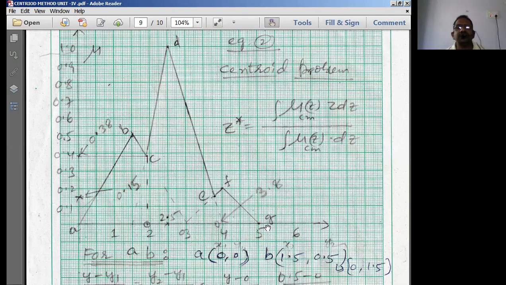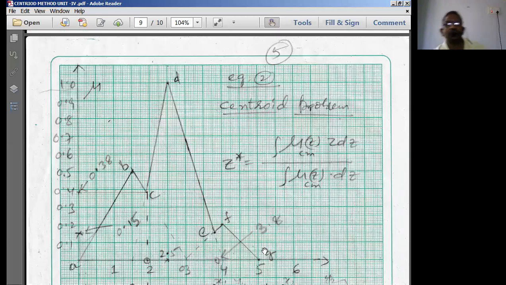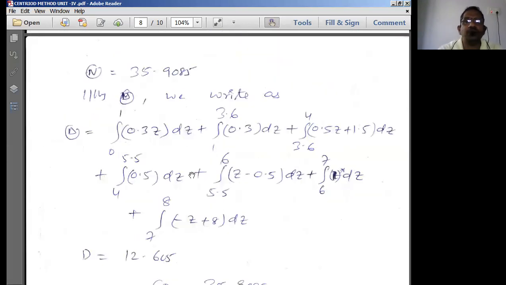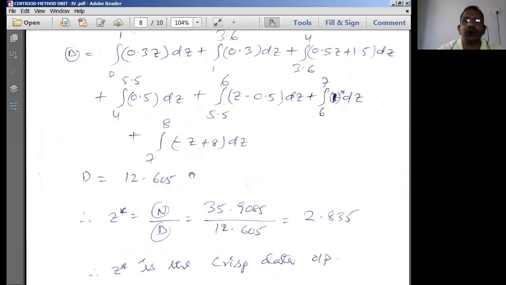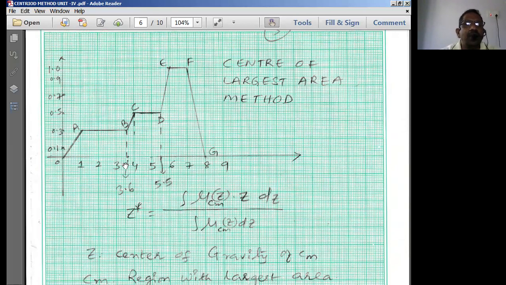That means a fuzzy system has generated this fuzzy value, and the defuzzified system has converted this fuzzified value into a defuzzified value of around 2 point something. We have got 2.82. So 2.82 means it is somewhat closer to the maximum value. When you go back to the previous one also, approximately we got this value as around 2.835. So 2.835, if you see this carefully, approximately somewhere here we got this value.